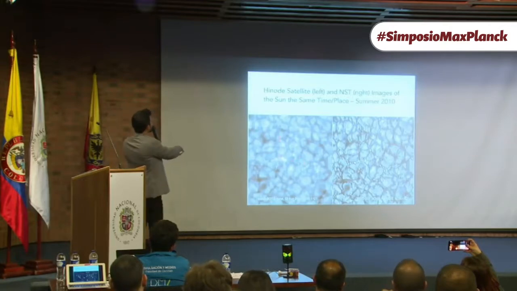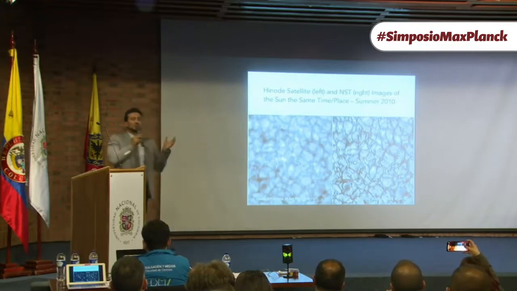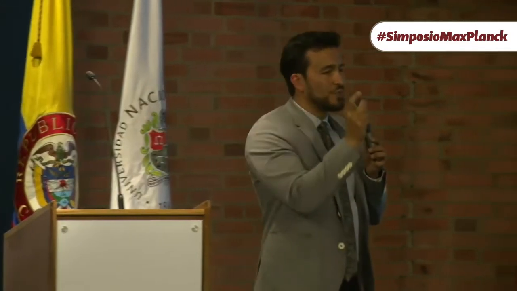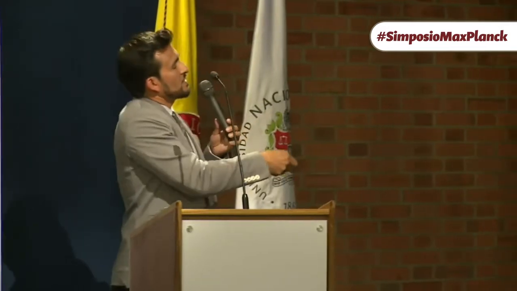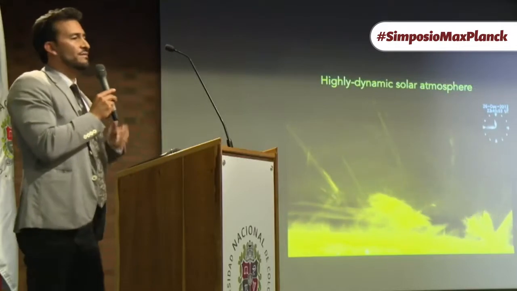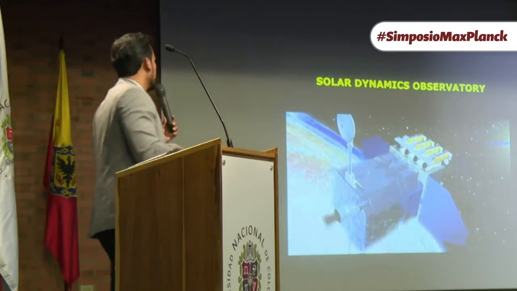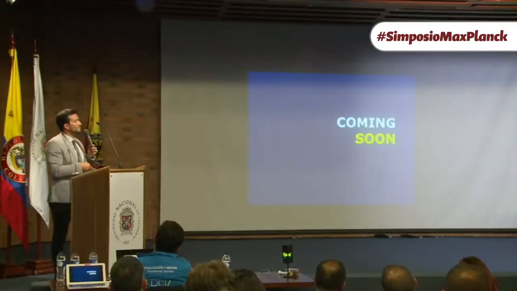But if you want to compare, this is the satellite image, and this is the ground-based image. So this is like, wow, you are observing from the ground, even though we have the atmosphere, you can get very nice images, obviously in periods of time which are shorter than the ones you have in space, which is 24 hours. If you go to space, you have this 24-hour observation, and then you can obviously get a very nice picture of what is happening all the time at different parts of the sun. This is the Solar Dynamics Observatory I already mentioned, and coming soon we have more instruments.